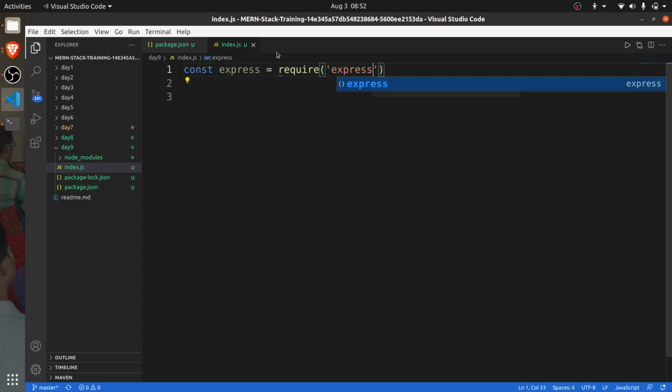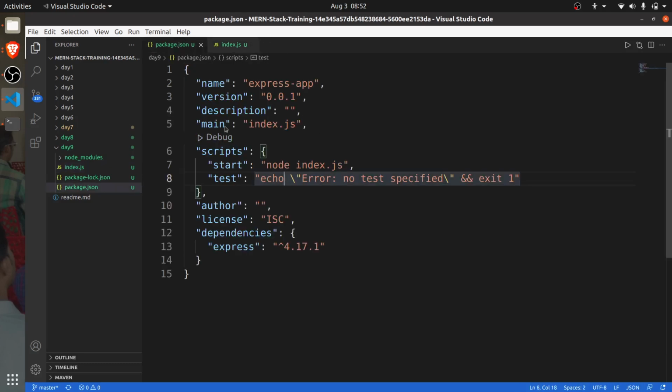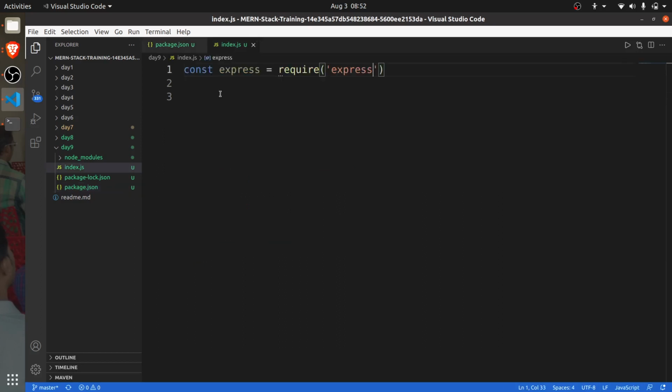Now see, why you need to provide main over here, right? Whenever you do require express, whenever you do a require statement, it reaches to the main file.